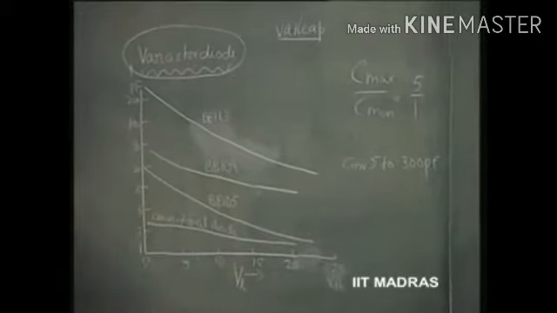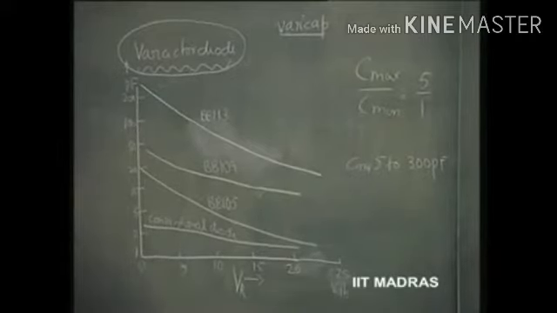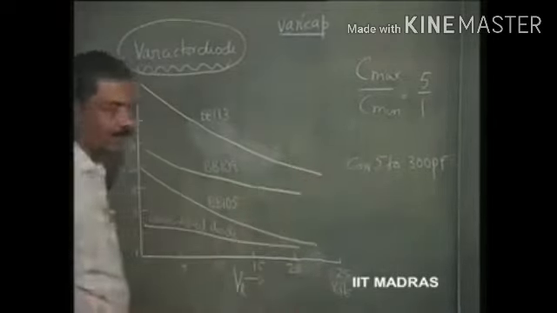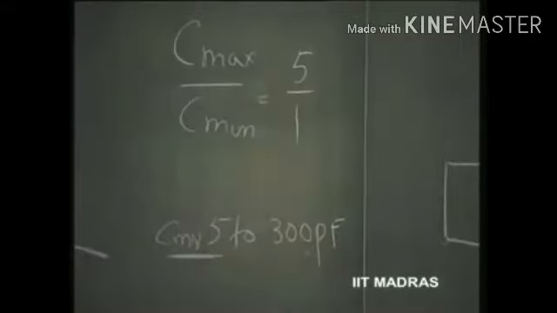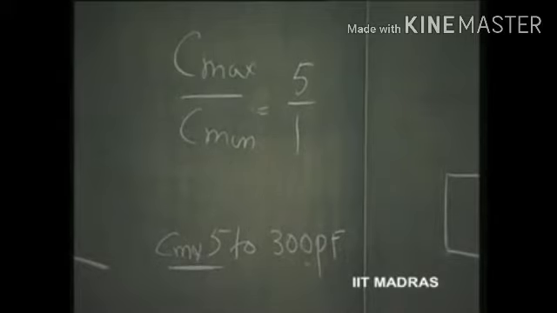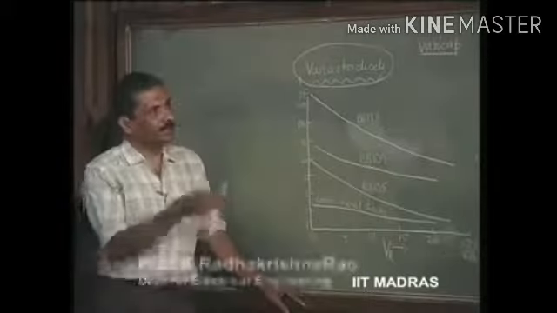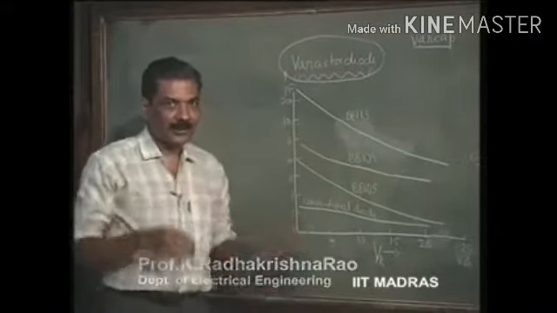So, maximum to minimum you should have normally as high a ratio as 5, typical. It is a good varactor diode, and the maximum value of the capacitance itself depends upon the frequency range where you are likely to use it. Due to construction, it can be made to vary. If the area is increased, it can be higher. So, C max can be anywhere from 5 to 300 picofarads. This is for a high frequency application, this is for typical low frequency application. So, this is one of the most important uses of diode in its range, that is reverse bias, but before breakdown.